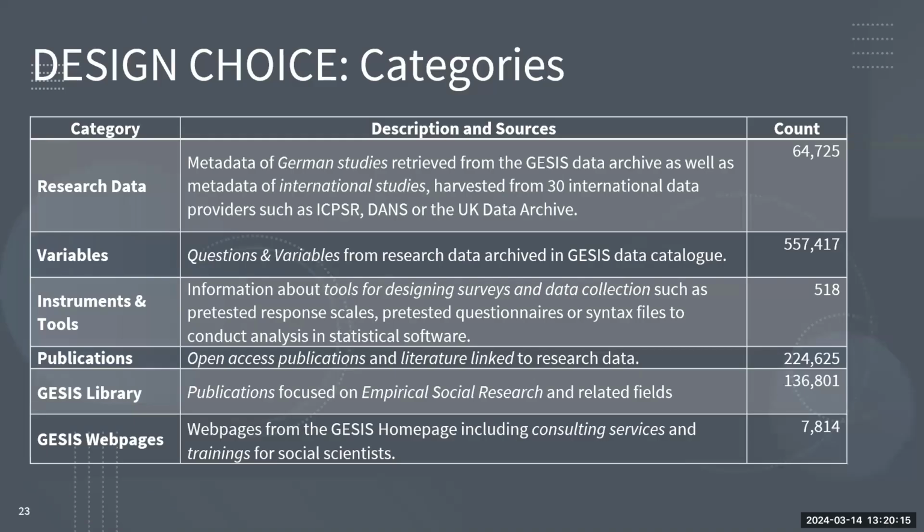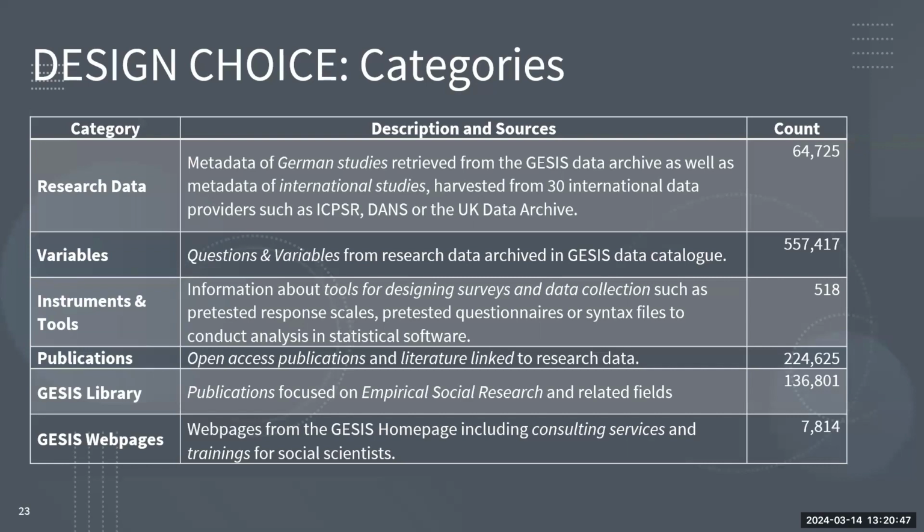So, of course, it's important to know what's inside of these categories. For research data, we have metadata from our data archive. These are about or more than 6,000 different studies from the 1950s until today. We also have international metadata from big data providers. We have the category of variables, which lists questions and variables which are contained in the studies from the data